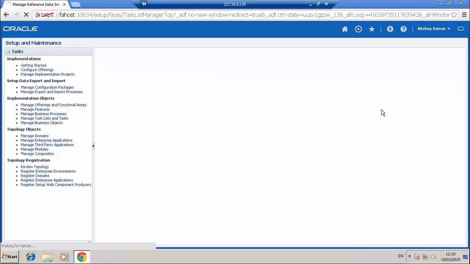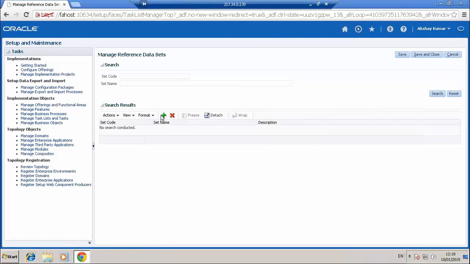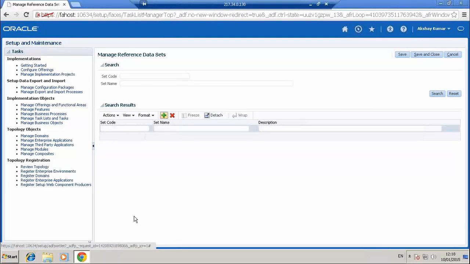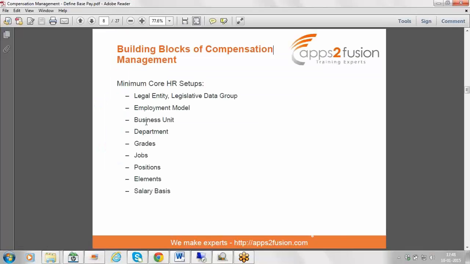This is completely a concept of core HR, that's why I don't have a presentation regarding this. Each activity is covered in this one. After business unit there are reference data sets, which are not marked here, but you can make a note of it.